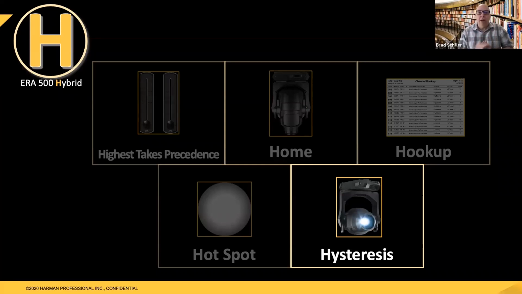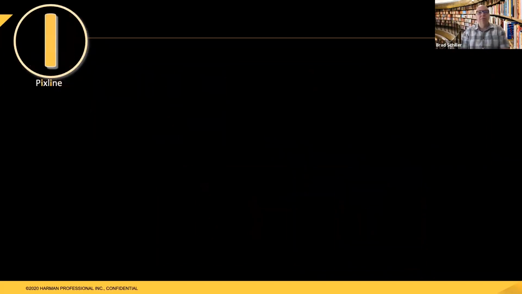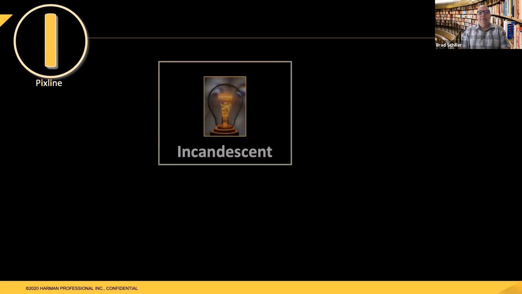If you've ever read any of Mike Wood's reviews of lighting fixtures, he will actually tell you the hysteresis offset of the fixture, how far off it can be. And it's important because if you've got a 130 feet throw of your lighting output, a little bit of hysteresis might make a big difference. So this is something that can happen when you position a fixture and you come from an opposite area or a different position back to that main position. It's called hysteresis. I hope that makes sense. It's a hard concept.